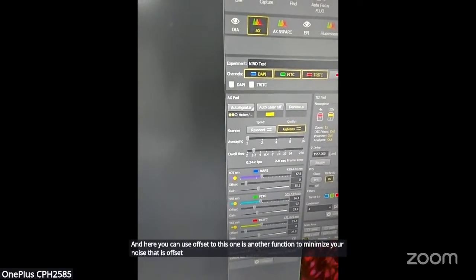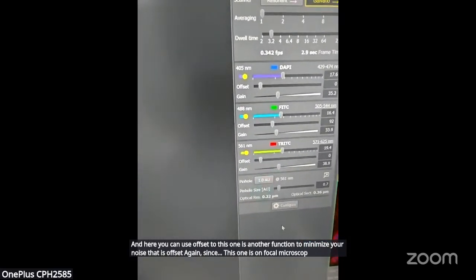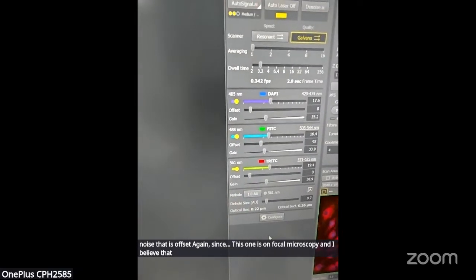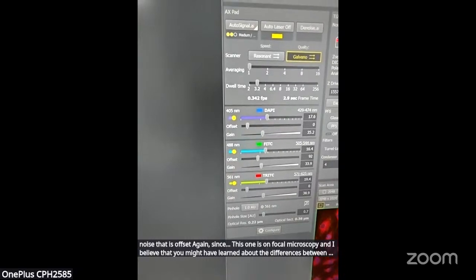Again, since this one is confocal microscopy, I believe that you might have learned about the differences between standard fluorescence microscopy and confocal microscopy.